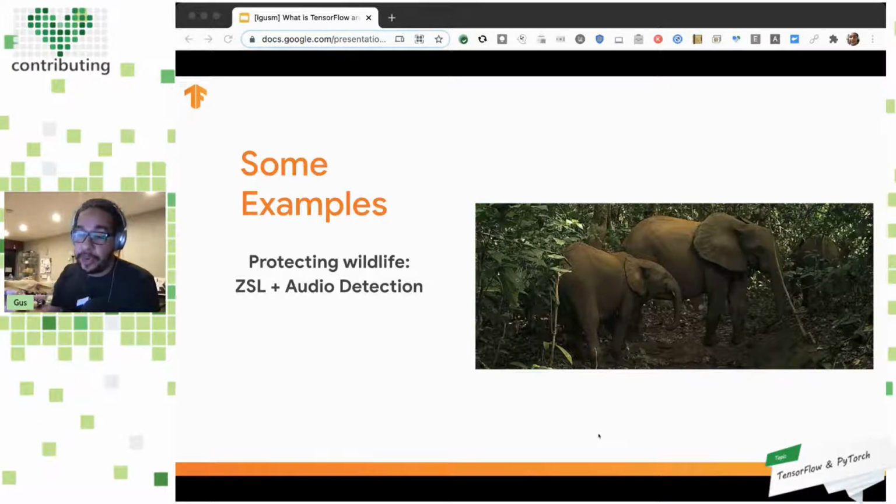So if you have these devices, if you have these sounds which they track, then they can figure out where poachers attack most, and then they can put their rangers around there. So they used TensorFlow, and to be more precise, they use a model called YAMNet to detect this and help them fight poachers, right? So this is a cool example.